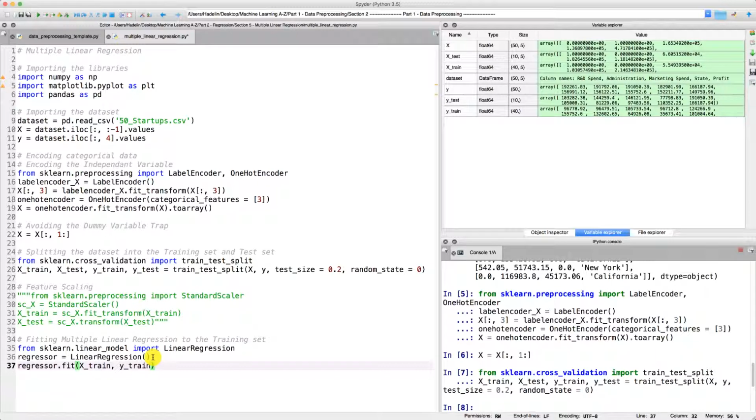Okay, so what it means is that I first created this regressor object of the linear regression class, and then by applying the fit method onto this object, that means I fit the multiple linear regressor to my training set. So once I execute this line, this particular regressor will be fitted to my training set. And actually we are ready. So let's select this block of code, Command and Control plus Enter to execute,